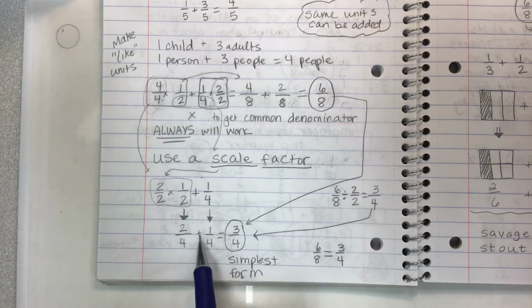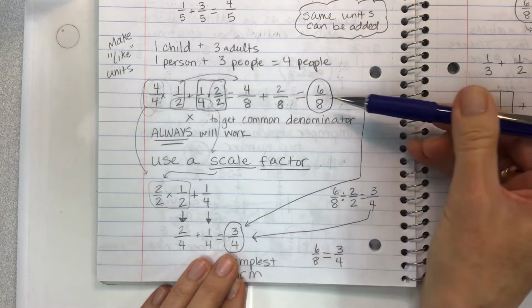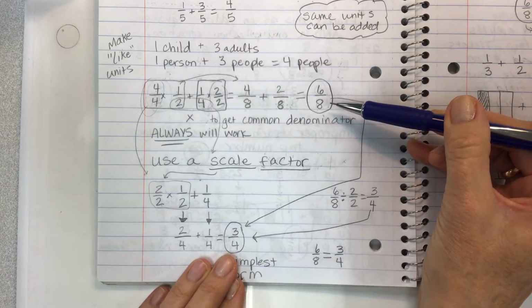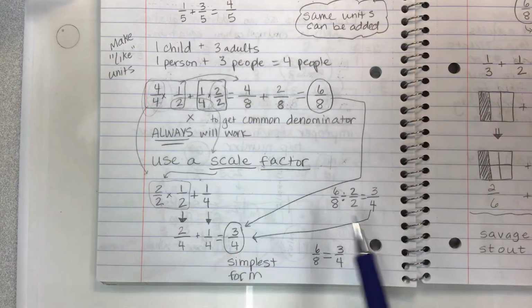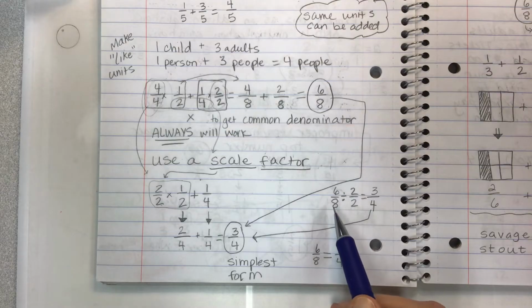Now I have 2/4 plus 1/4, and I get 3/4. Now 3/4 is equivalent to 6/8. How do I know that? Well, let's take a look at this. It's a little bit advanced, but I want you to understand fractions all the way through before we get into